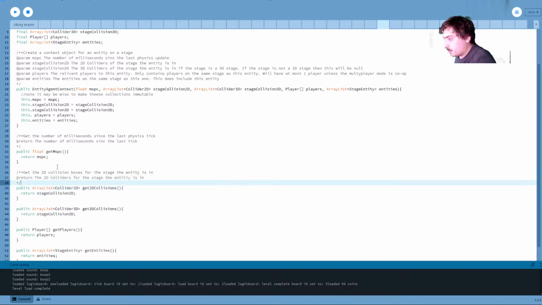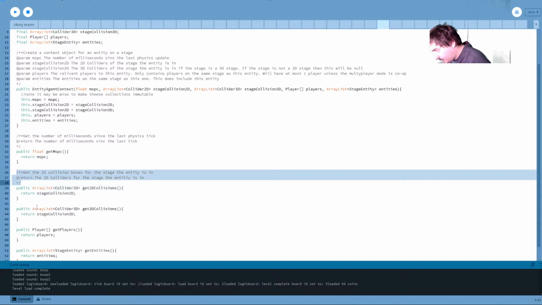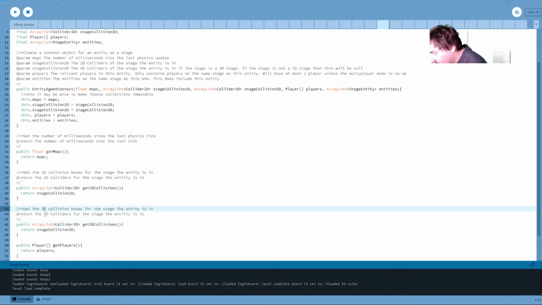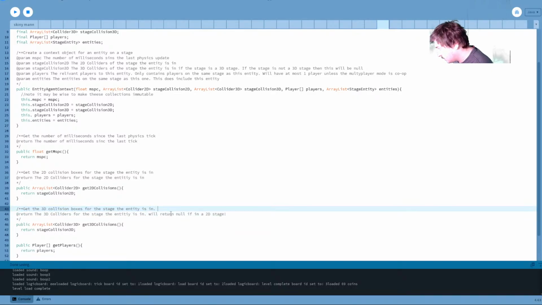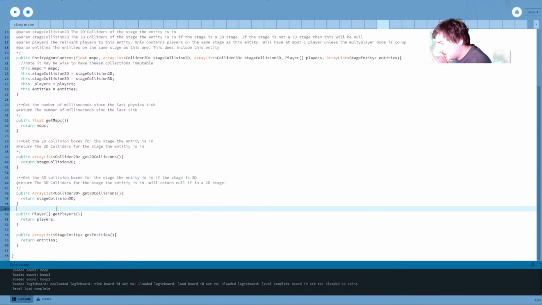Okay, and then we just copy this but replace 2D with 3D, and it will return null if in a 2D stage. Get the 3D collision box for the stage entities in, if the stage is 3D. There we go. All right, so that should be that.